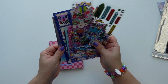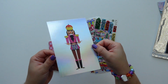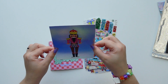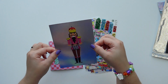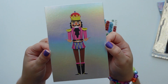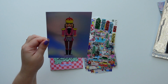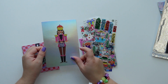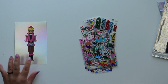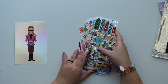Oh my god, it's so wintry and cute. Okay, let's start with the nutcracker. How cute is this? Oh, I am so going to frame this and put it on my bookshelf. I love it so much. This is really, really, really cute. I think this is my favorite postcard that they ever had. After that, it's between this one and the one from September that was